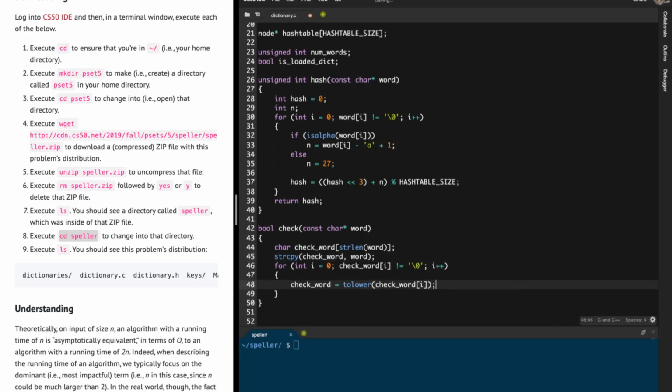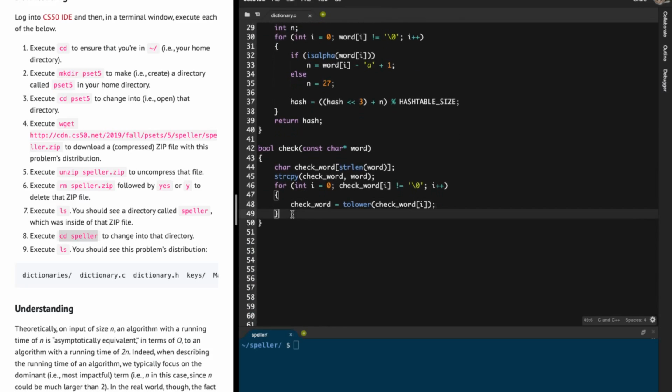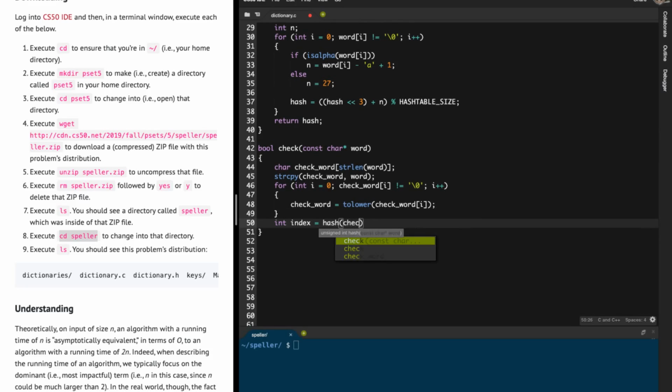Okay, after having done that, converted this into a lowercase letter, then what I'm going to do is check whether this word is present in my hash table or not. I'm going to find out the index using this hash function. I'm going to use check_word, and then what I'm going to do is if